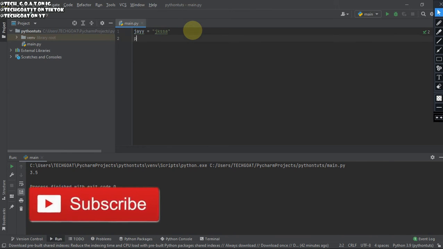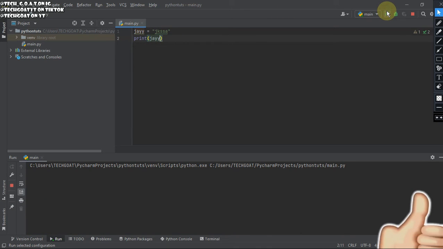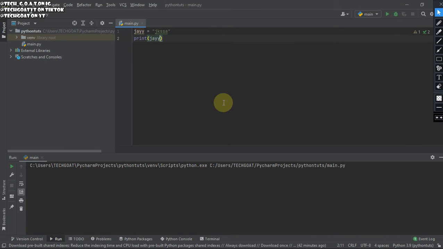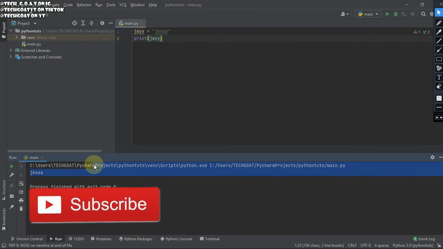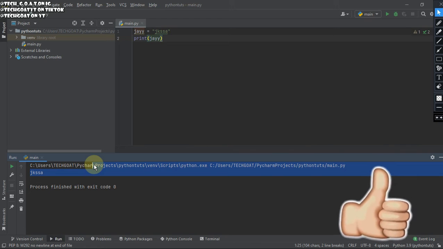Let's print out j. It will now print out a string. As you see, now it's a string. So as I was explaining, let's move on to